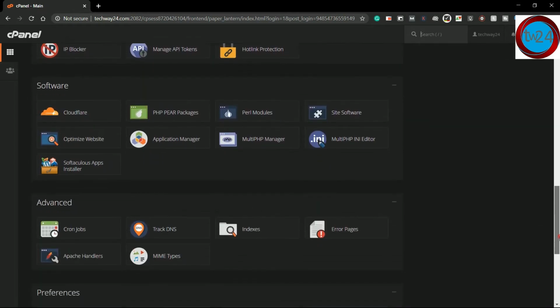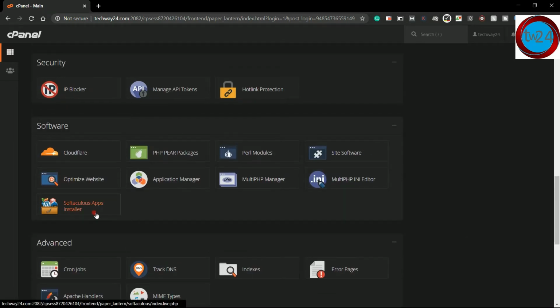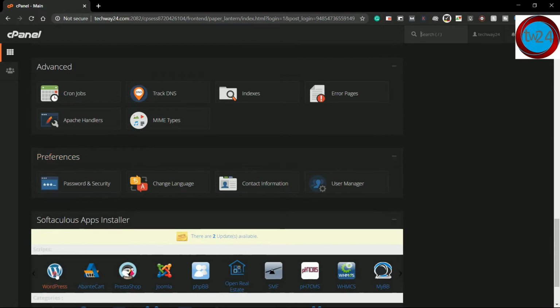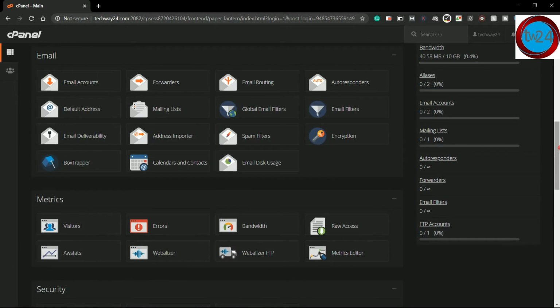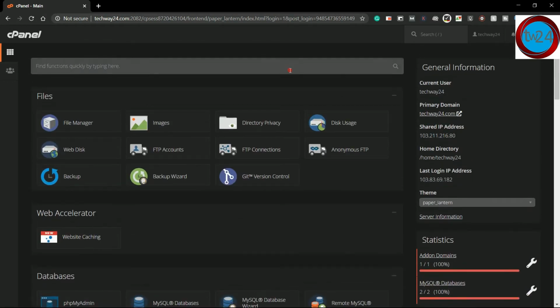Now you need to scroll down and search for WordPress or Softaculous and click on it. But if you are having a problem finding WordPress or Softaculous, then simply search here in this search box easily.